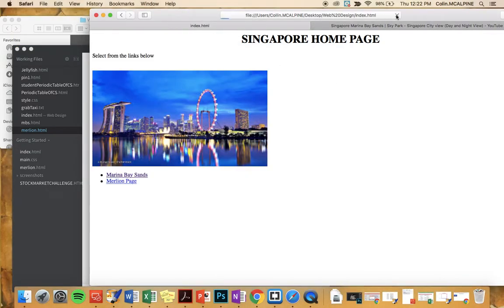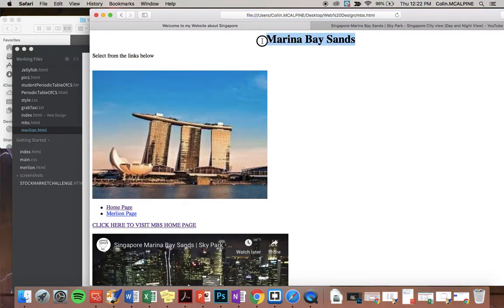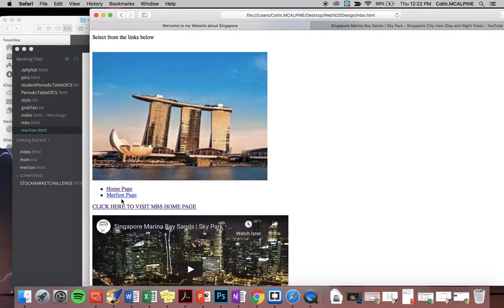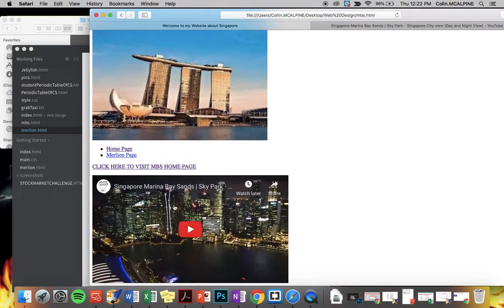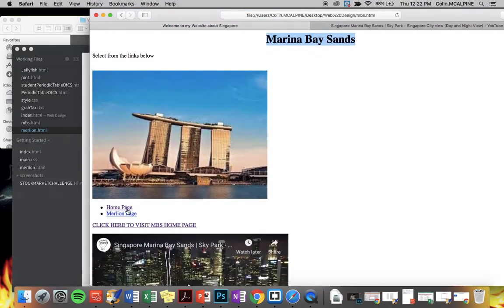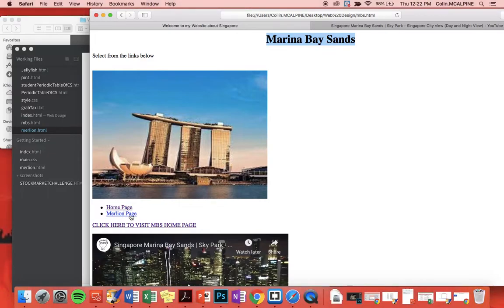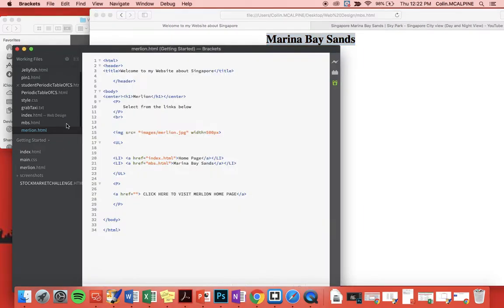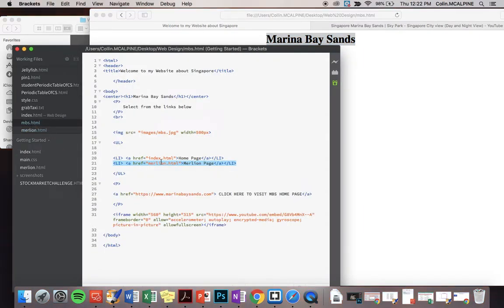So back to our Singapore homepage, refresh, we go to Marina Bay Sands, my title changes, we can see they've got a blue link that I haven't visited here, we've got our external link, embedded video. So let's go to the Merlion page from there, and it's not working. So let's figure out why. So we got to MBS, we've got